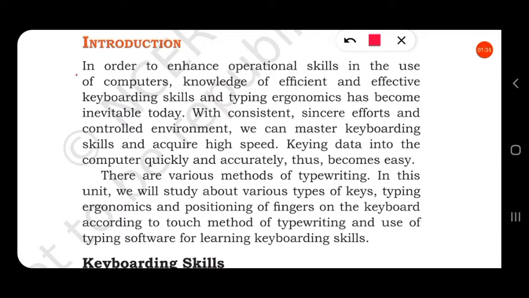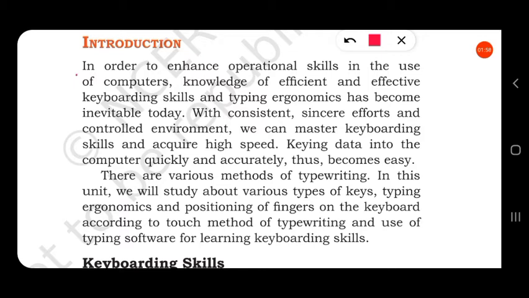So, if we type continuously and we use keyboard continuously, then it becomes easy for us to type fast and quickly and accurately. Even what we have typed has no errors.